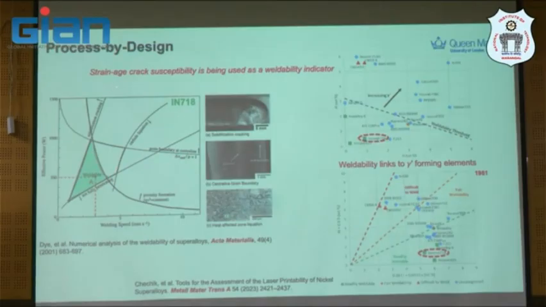So we have to notice that this is actually strain age cracking, and strain age cracking susceptibility is used as a weldability indicator. So this is what happened here. Based on the understanding of the gamma prime fraction, they believe that there's something related to gamma prime forming elements, which are aluminum and titanium. And then they tried to map this composition onto what they call the weldability diagram, and believe that based on empirical